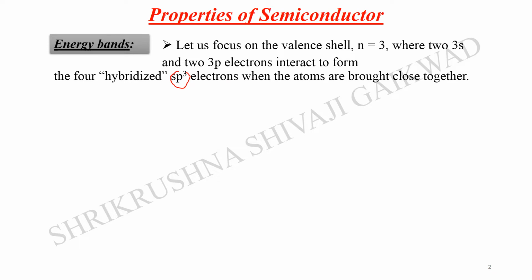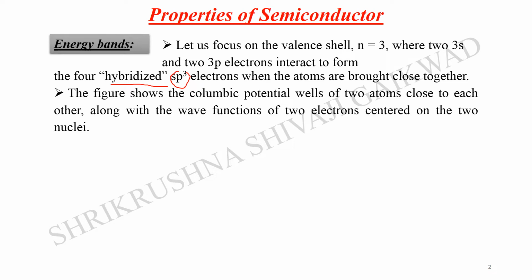So the 3pz position will be occupied by the electron which is excited from the 3s shell, and they will have almost equal energy states, forming hybridized energy electron states. We call it hybridization. Okay, so sp3 hybridization. Now the figure which we are going to see in a moment shows the Coulombic potential